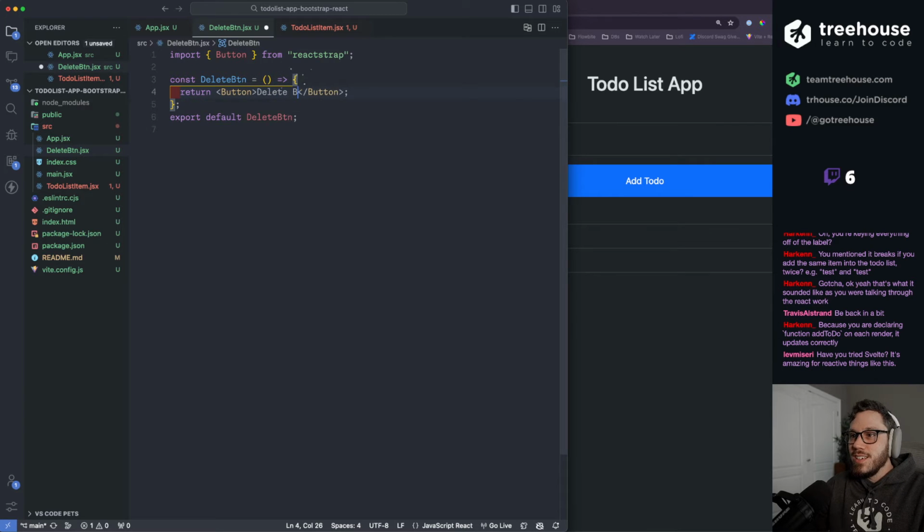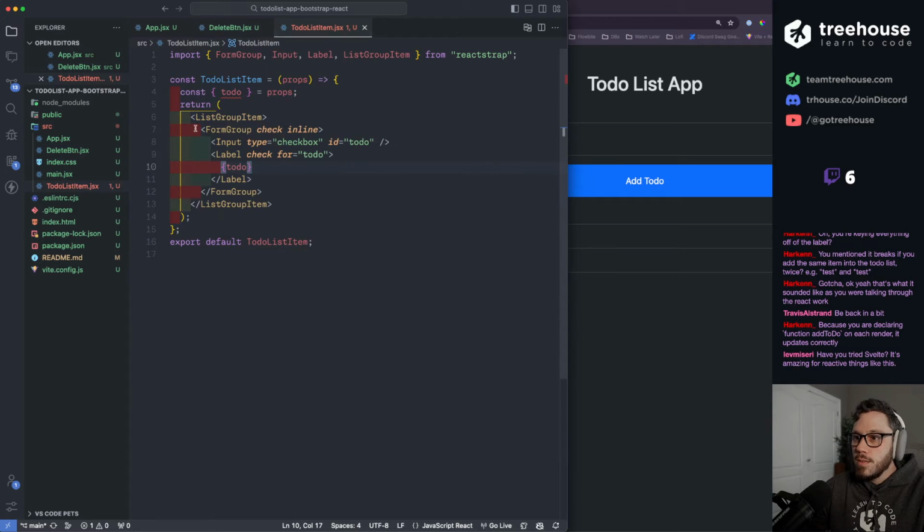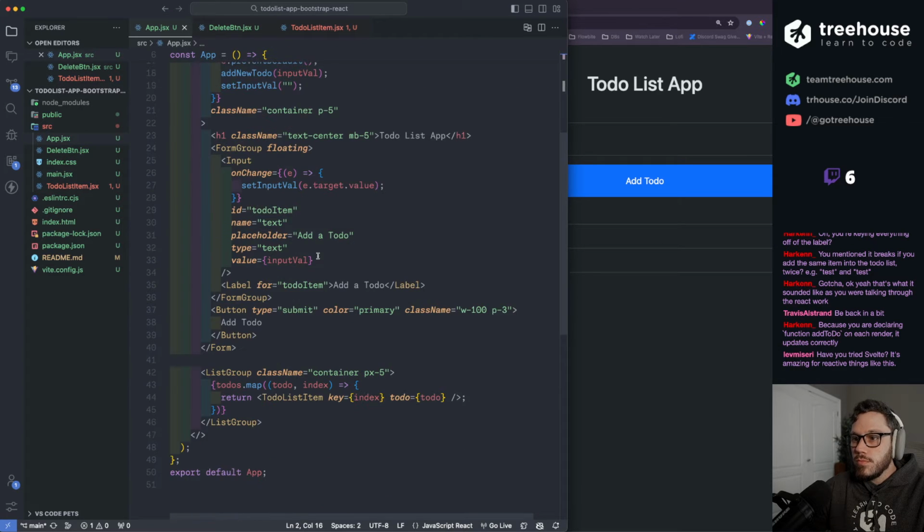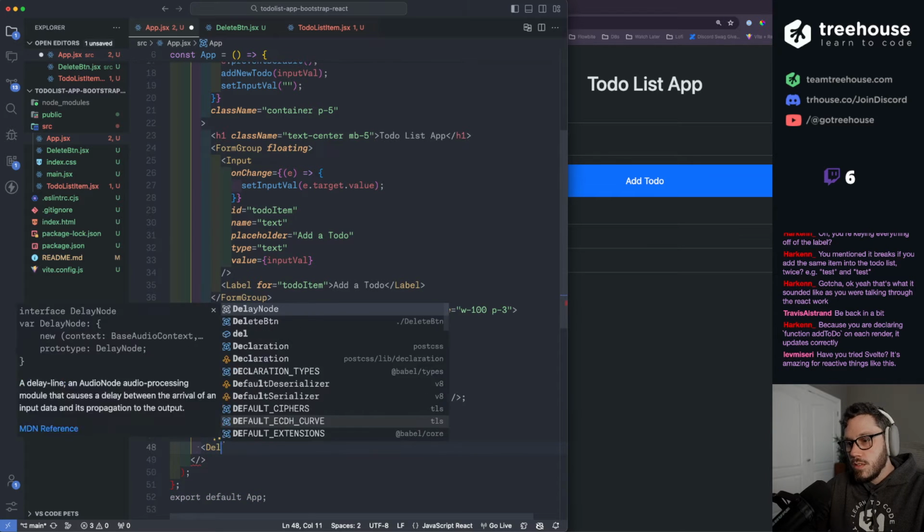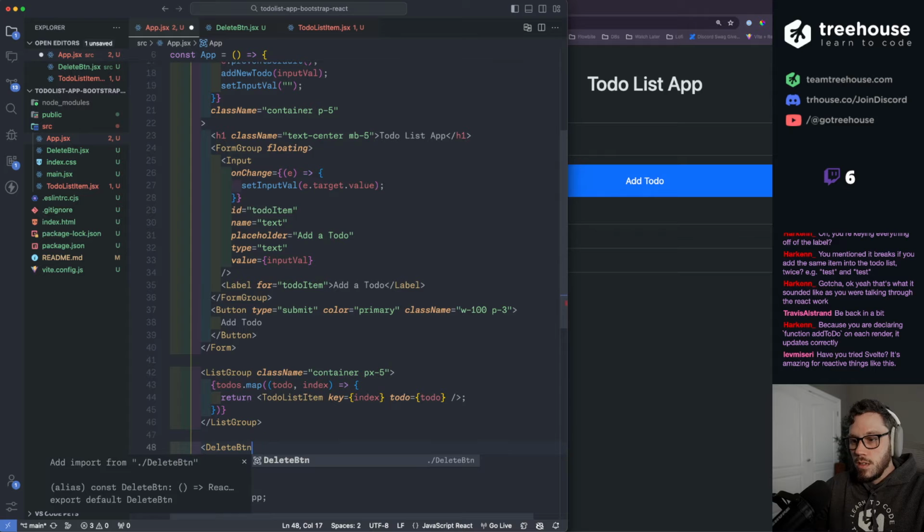Let's just say delete to do. And let's give it a color of danger. I think that was it, right? Danger. Where is it? Oh, we got to render it. Delete button.